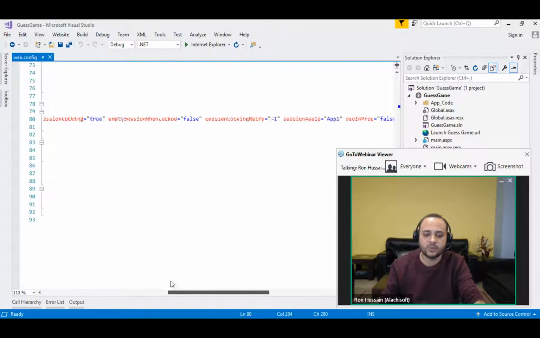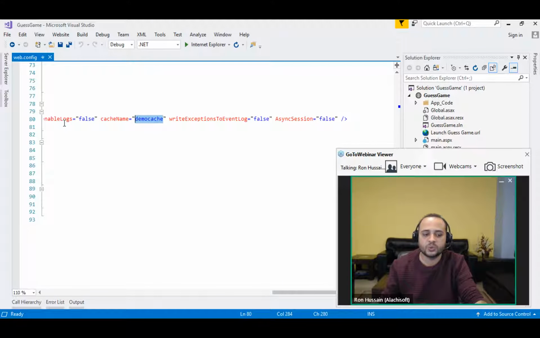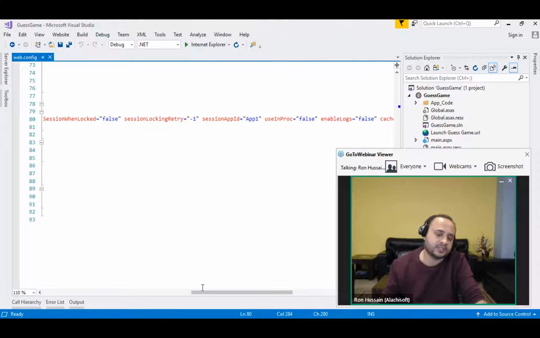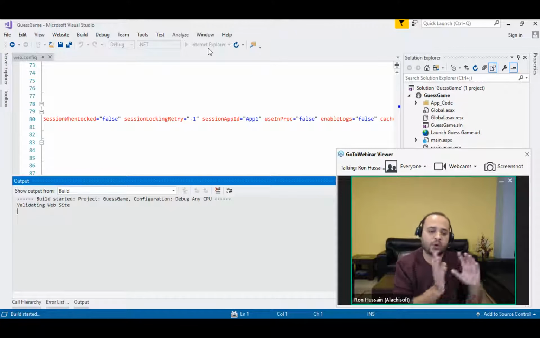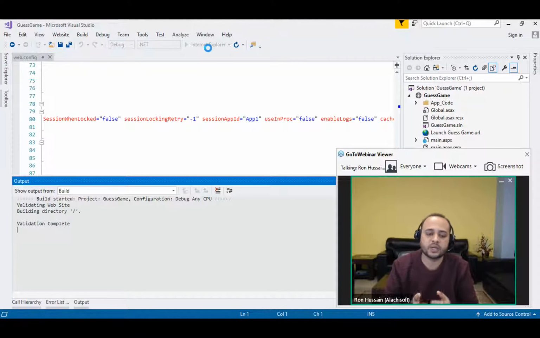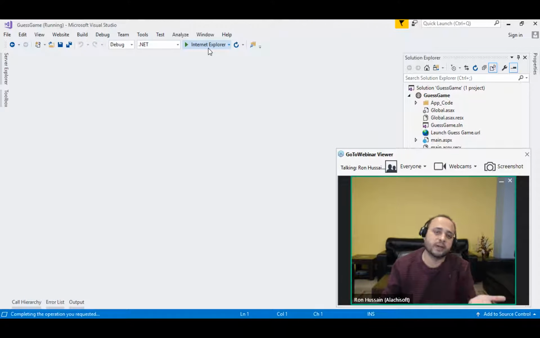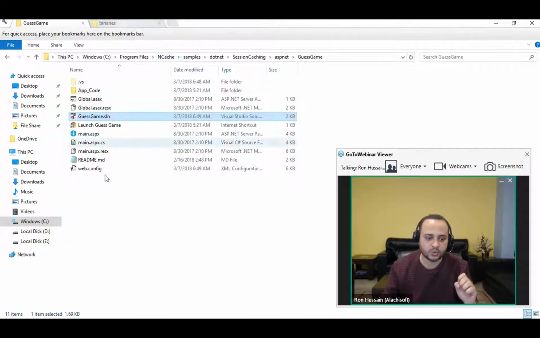There are some timeout values. If a session is idle for 10 minutes, it would be expired. You could have session app ID to specify sessions of different applications in the same cache, or you could create 2 different caches. If I run this sample application, it would start using the demo cache for session caching as well. So that's how simple it is to migrate off of AppFabric session state. You just need to replace their session state tag and start using the NCache session state tag. And since it's already a no code change option on the AppFabric side, it's going to be a very easy, quick migration from AppFabric to NCache. And then while it's being run, I will also open another